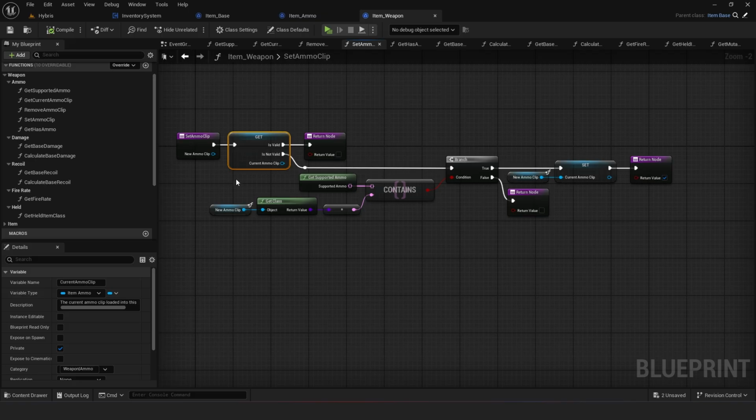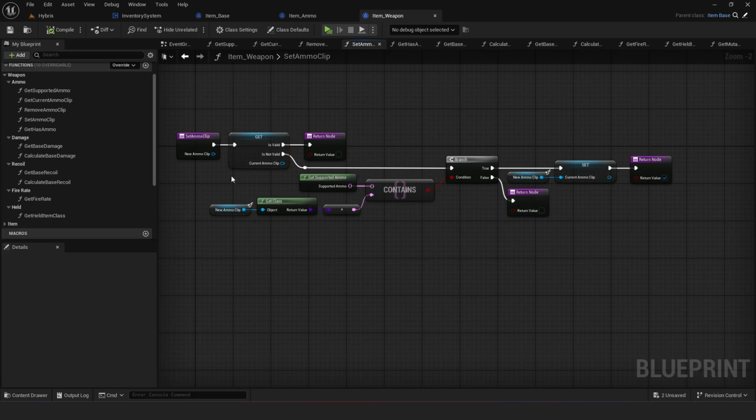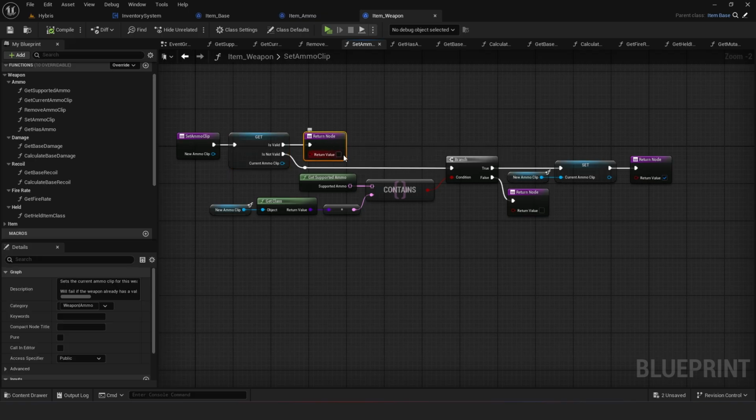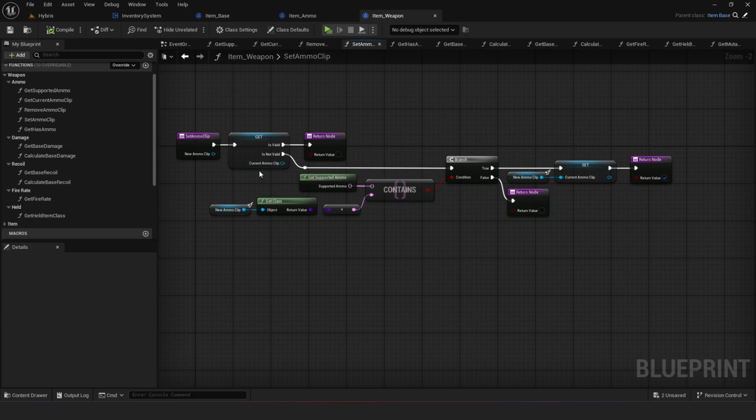Now I've decided to set it up where if there's already a valid ammo clip, then it will just automatically fail, so it will return false and essentially does nothing. So the idea is that if you're wanting to set the ammo clip, then you should eject it or remove it first beforehand. That just makes it easier and a bit more consistent when, let's say, wanting to do an animation for removing the ammo, for example. It kind of makes sure that that's always happening,